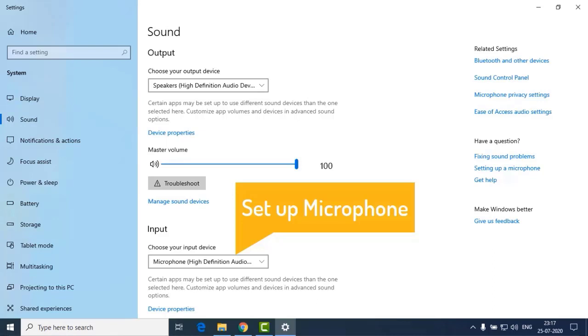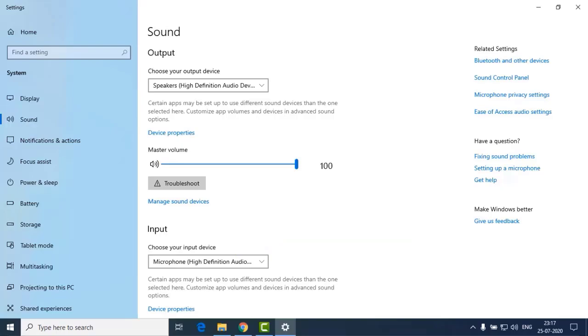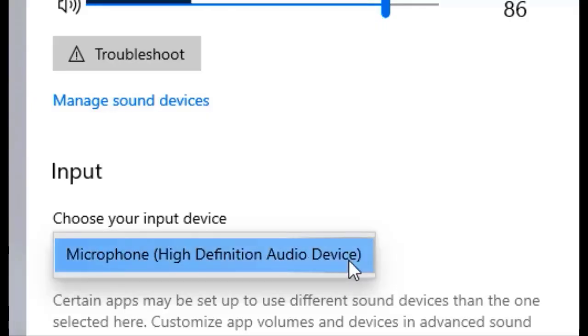Say for example, if I am using the HD webcam C270 microphone for the recording purpose. You can see here also, whenever I am talking, the microphone shows the level.